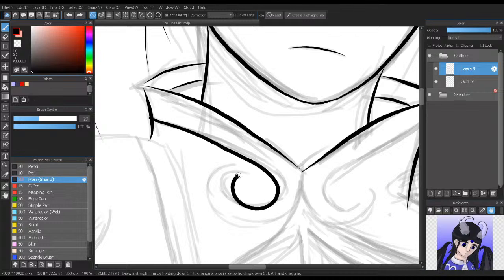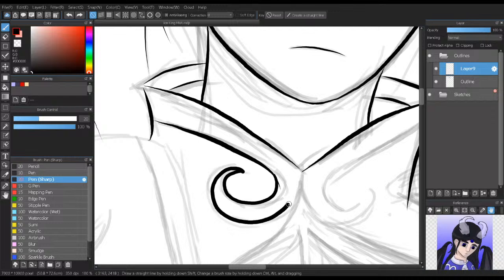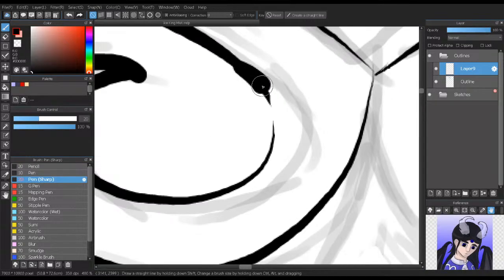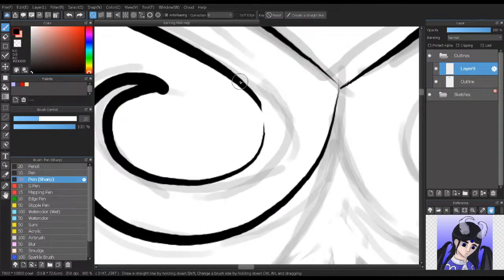Lines. Boss fight. With the lines. Okay, so what if we have one line here? And I do another line here. And then I just erase this, as best I can. Okay, well we can probably just do what we did for the...